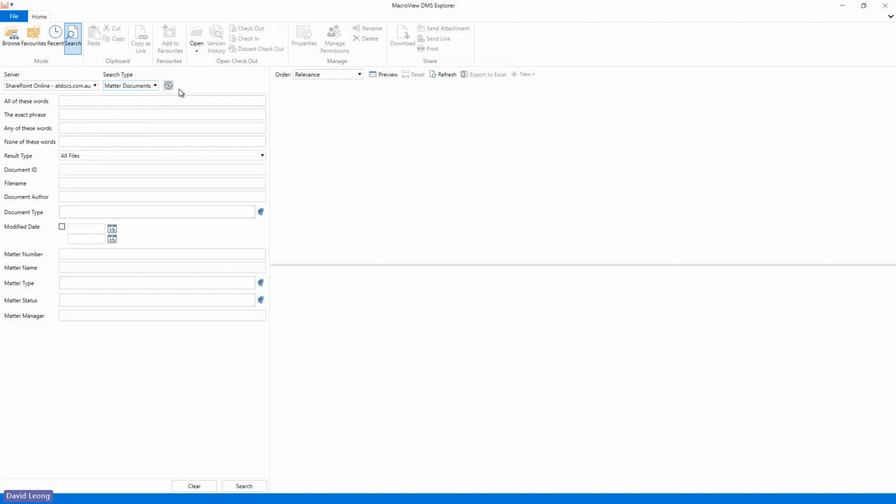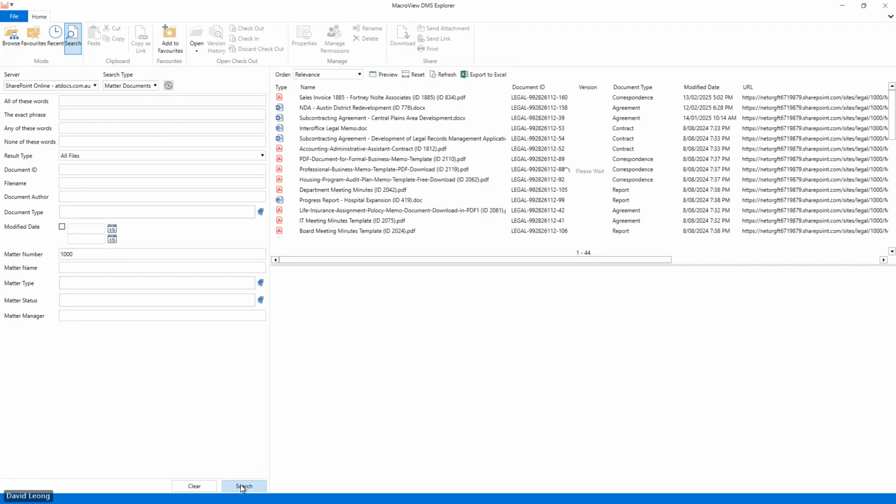So I can do it in a legal context, matter documents. So now I can be more specific because I've got files that have been classified and tagged. I can now ask, I want to see all the documents for matter number 1000, for example.